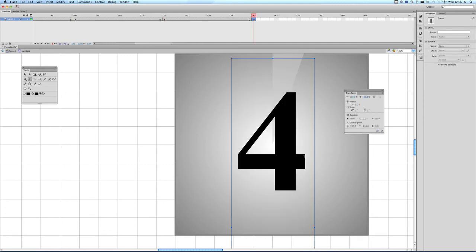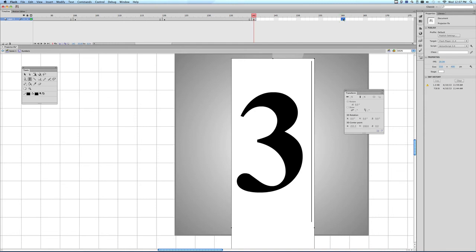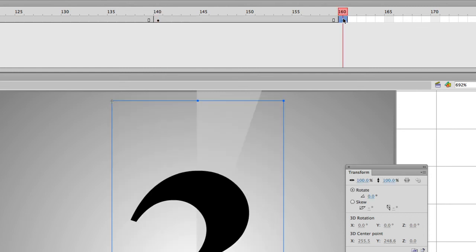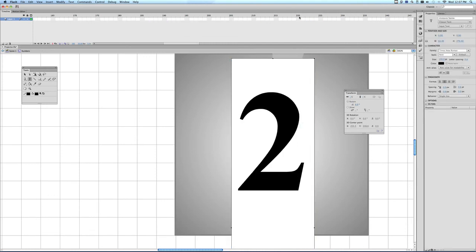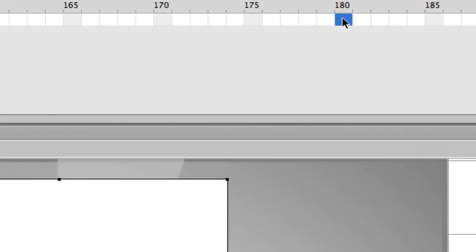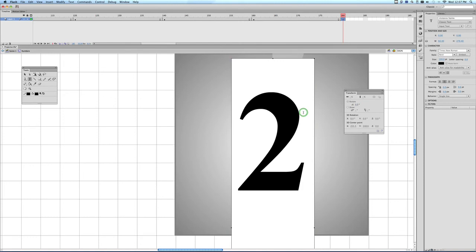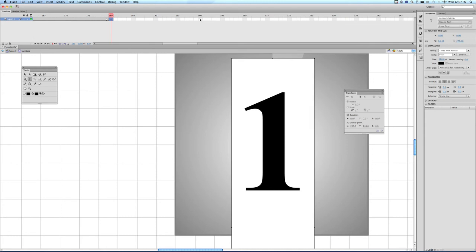Then we go to 140, F6, countdown 3, then F6, oh, getting confused here, frame 160, F6, okay, and this is countdown 2. And then we need to jump to frame 180, F6, okay, and at this point the countdown is 1. And then the last one is jump to frame